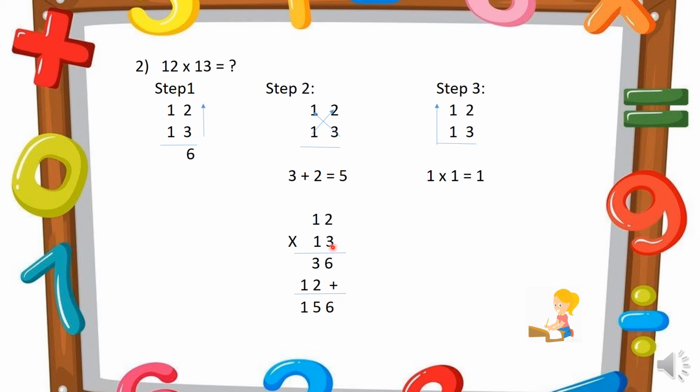If you follow the traditional way of multiplication method, let us see. 3 2s are 6. 3 1s are 3. This is the first row of the result. When you are doing with the second multiplier, here we need to place the symbol for addition, or 0, or keep it as empty. 1 2s are 2, 1 1s are 1. So we will get the answer, or the product, as 156.